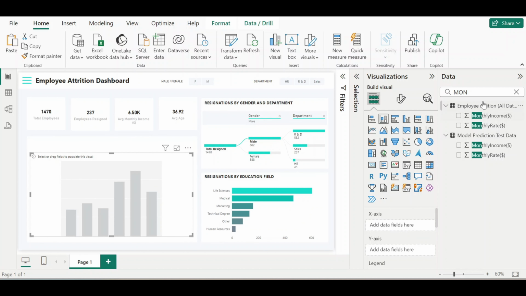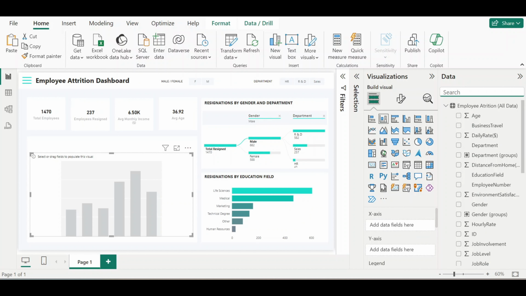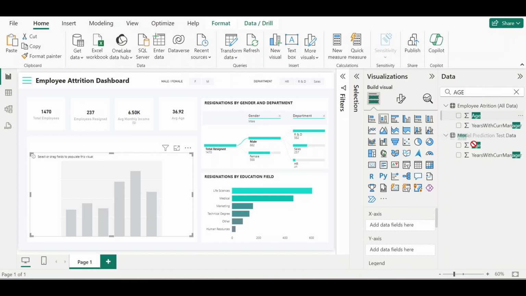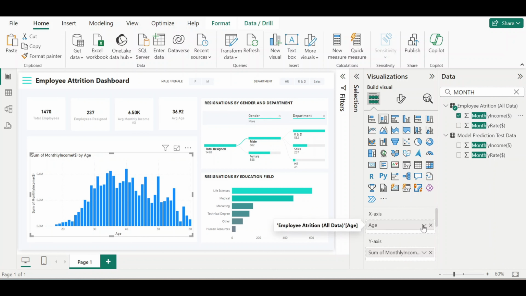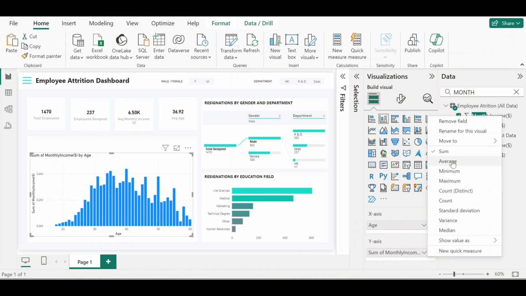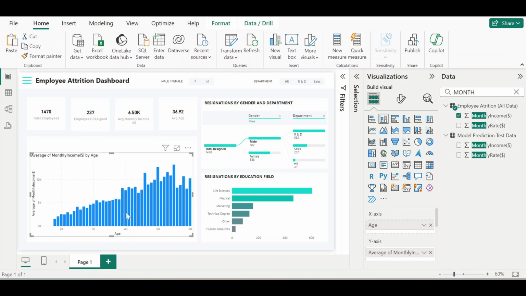And in the x-axis, we will have age. And in the y-axis, we will have monthly income. And we will change this to average. Okay, so this is showing the average monthly income by age, but we will divide the age groups